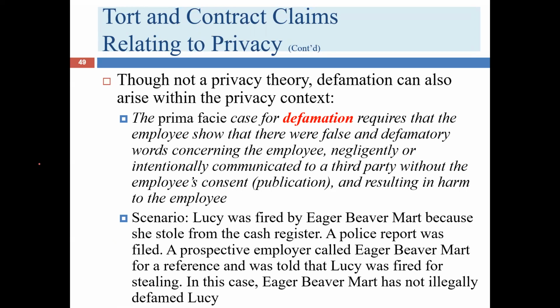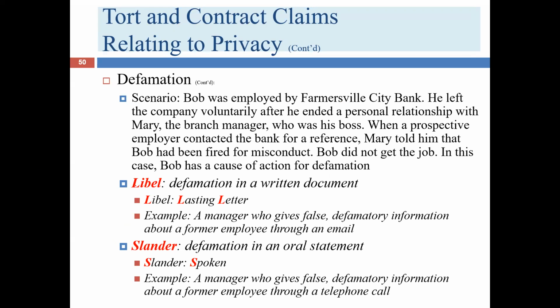Okay, so let's talk briefly about defamation. Defamation isn't quite a privacy theory, but it's kind of related, and I think it's helpful to pause for a second and talk about that. So defamation is an umbrella term. There are 2 categories within the umbrella term. Let me actually go forward for a second and talk about that. So one of the 2 terms under the larger umbrella is libel, not just 2 syllables, libel. And this is defamation in a written document. This is the more serious form of